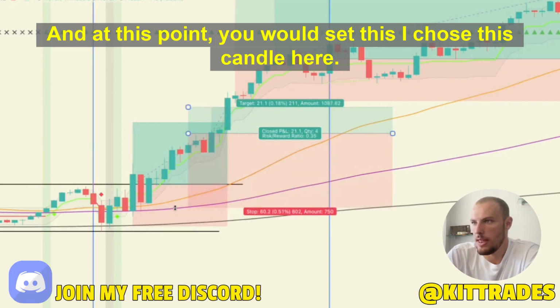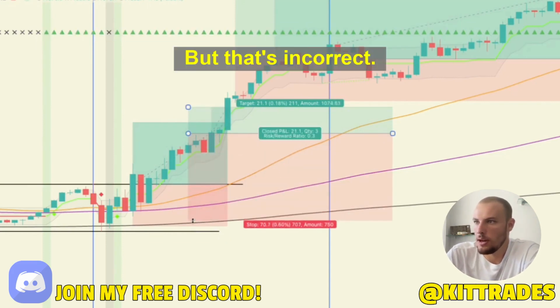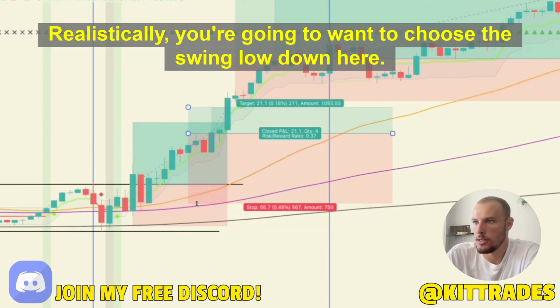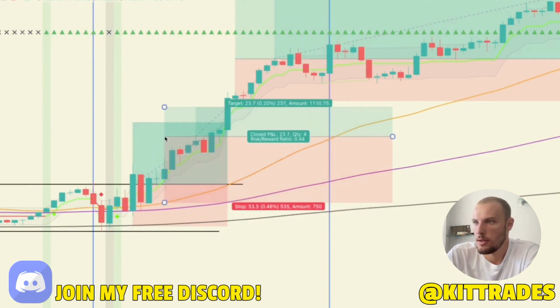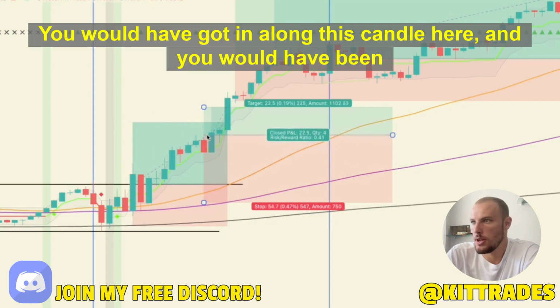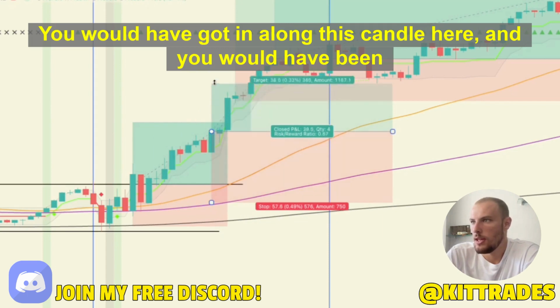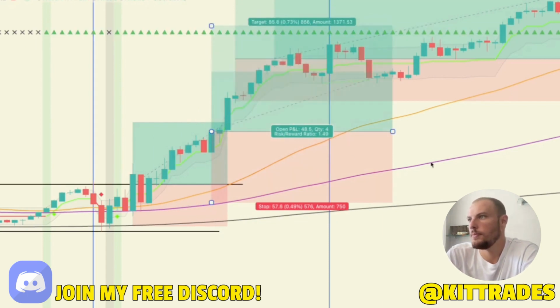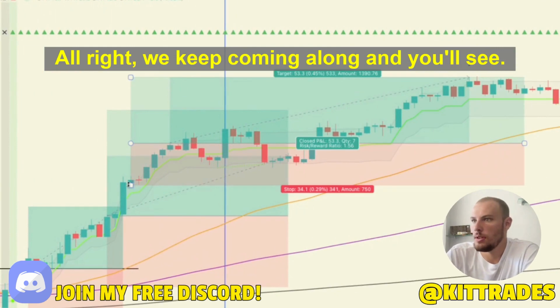And at this point, you would set this. I chose this candle here, but that's incorrect. Realistically, you're going to want to choose this swing low down here. If you go right here, okay, you would have got in along this candle here, and you would have been targeting 1.5. All right, we keep coming along,